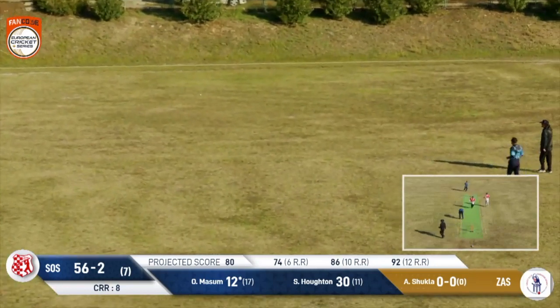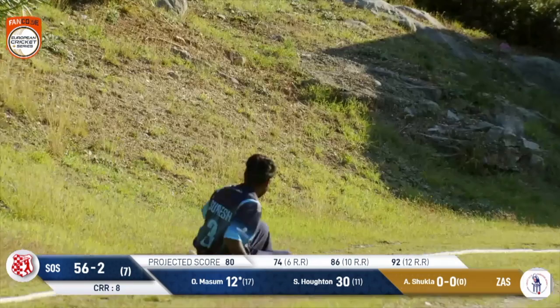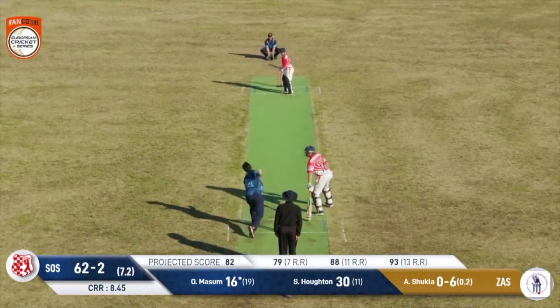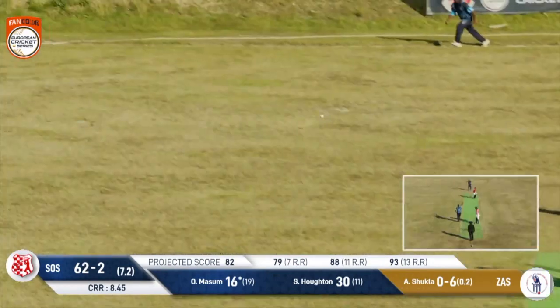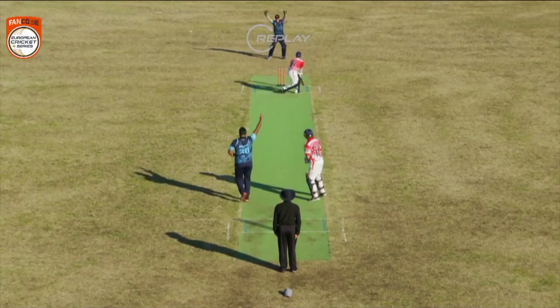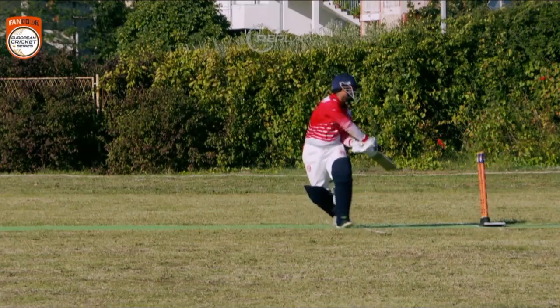Big swing, but it gets a little edge on this. Now, how far is this going to run away? It's going to make it to the... no! He's kicked it over the line. Oh, well, there you go. Won't have to worry about that conversation anymore. Muscle tries to lift the rate. You're right, he did have the license. I think it was a pretty handy contribution as well from him in the end, even though...